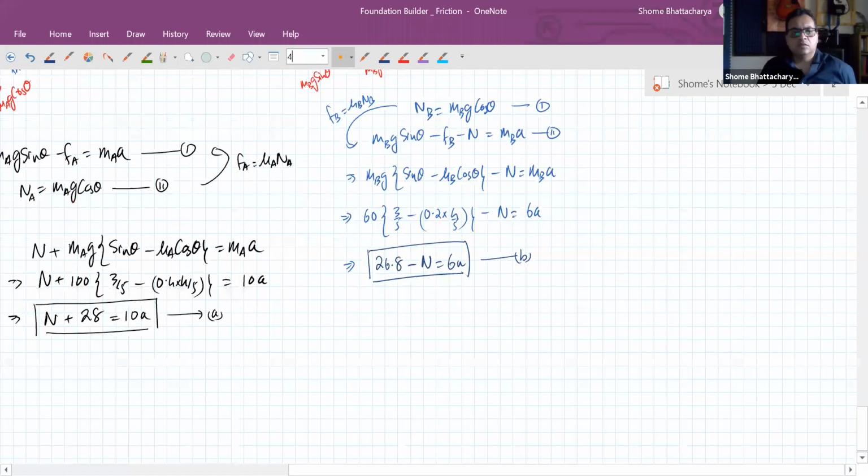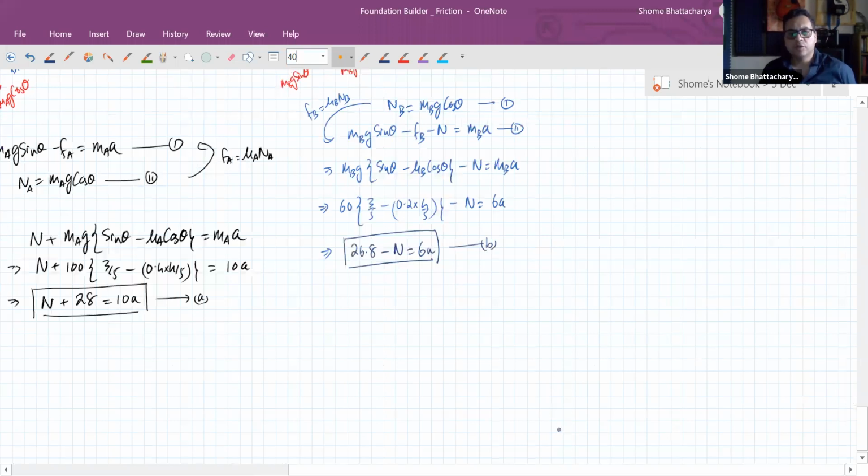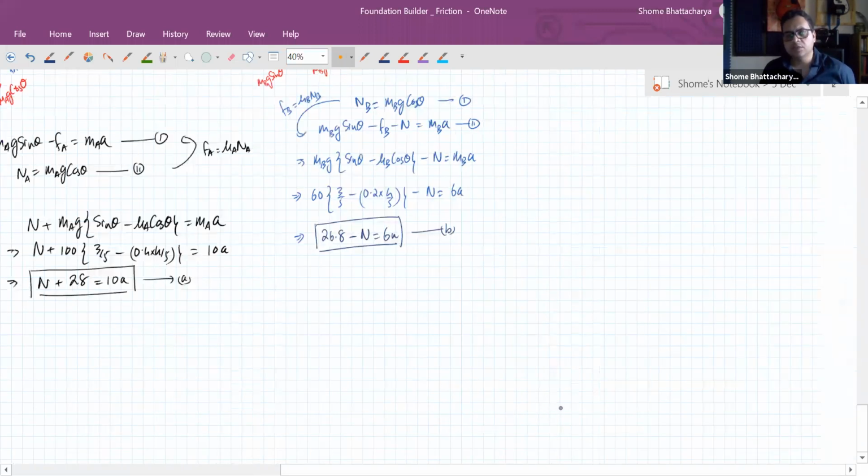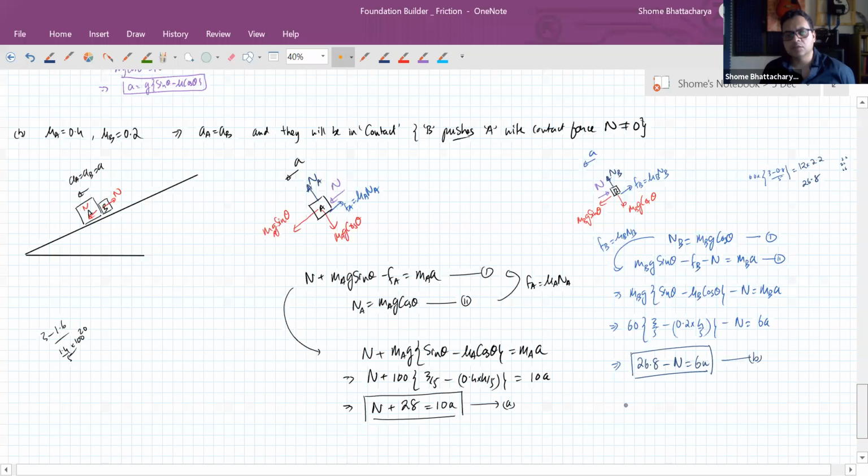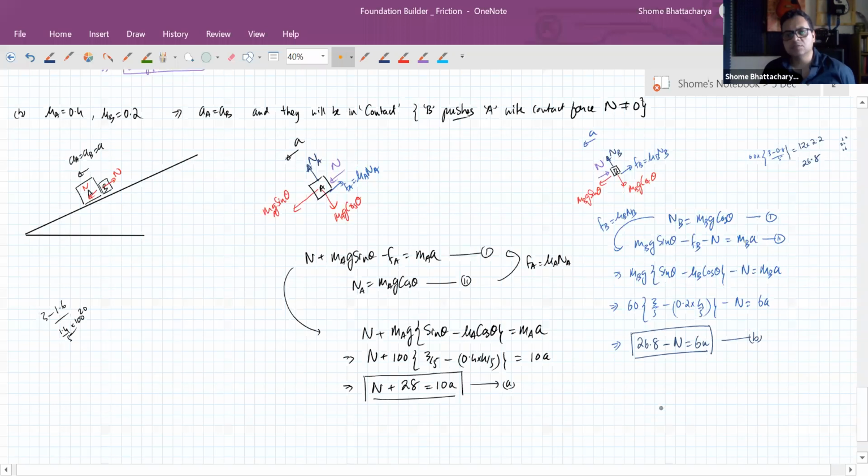Okay, by the free body diagram of the block B. Now we can solve these two equations to find out. So equation A plus B, for example, will give us 26.8 plus 28 is equal to 10 plus 6a. The acceleration will become 54.8 divided by 16, which is equal to